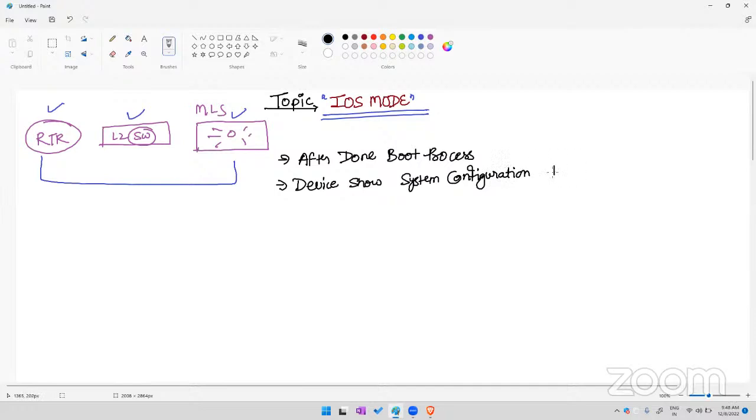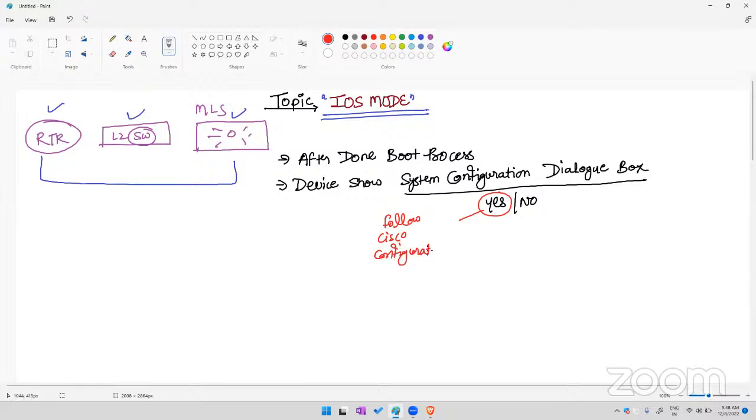configuration dialog box. In this system configuration dialog box, we get a yes or no option. What is the meaning of yes? Yes means follow Cisco configuration steps. Clear? If you enter no, that means configure